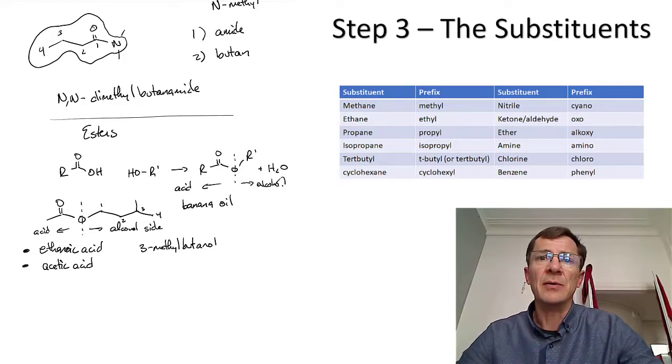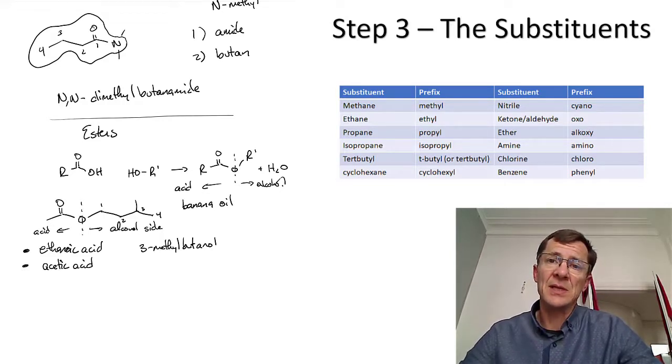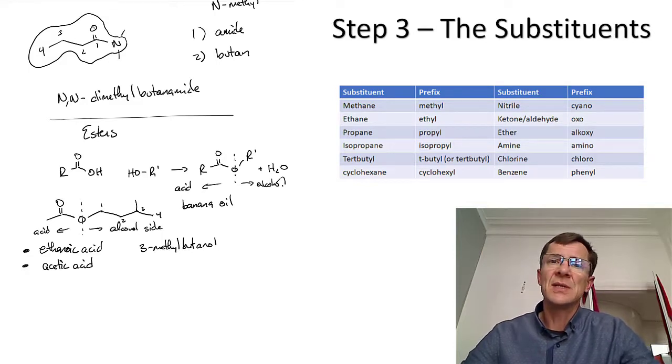It actually doesn't matter if you go up or sideways in this case. 3-methylbutanol. The common name for this is isoamyl alcohol, which is sort of in the same general category as t-butyl